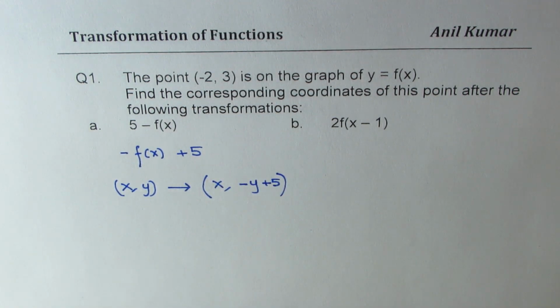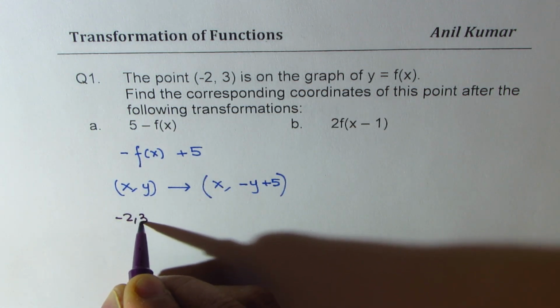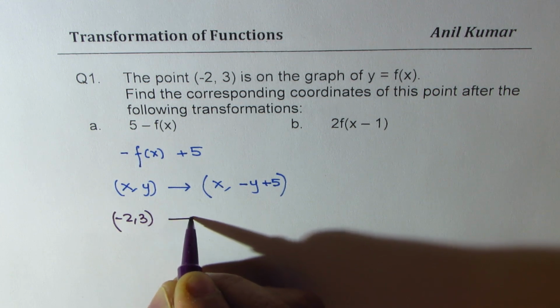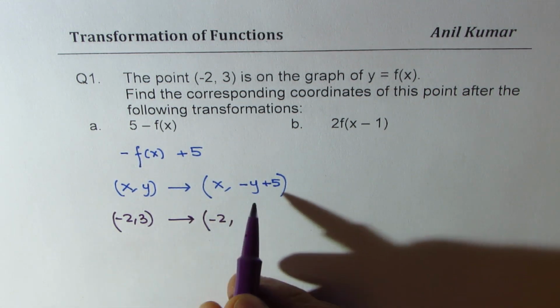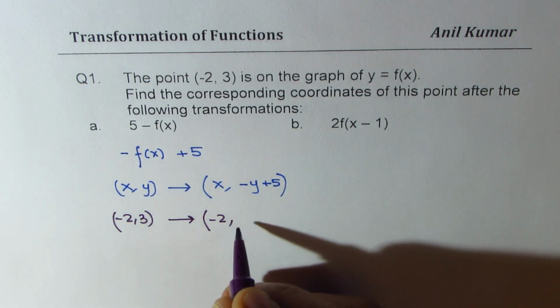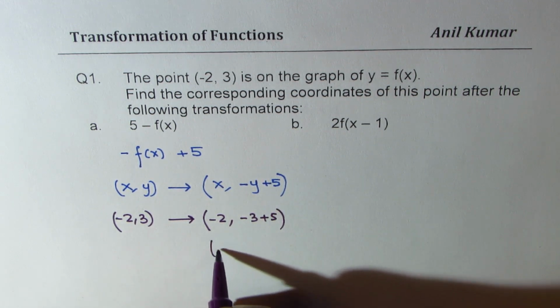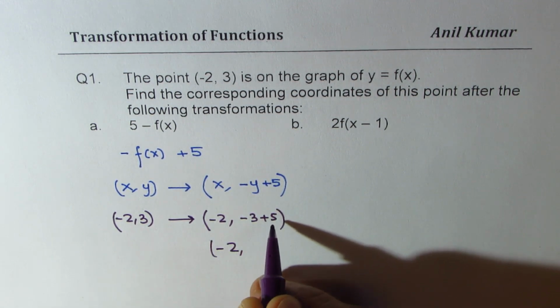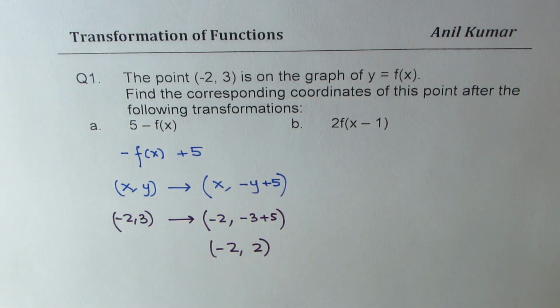Now, for the point (-2, 3), what happens? The image will be: the x value will remain at -2. The y value will become negative and then add 5. So it will become -3 + 5. So you could write this as (-2, 2). So that becomes the image coordinate point. Correct? Now let's take the second part,